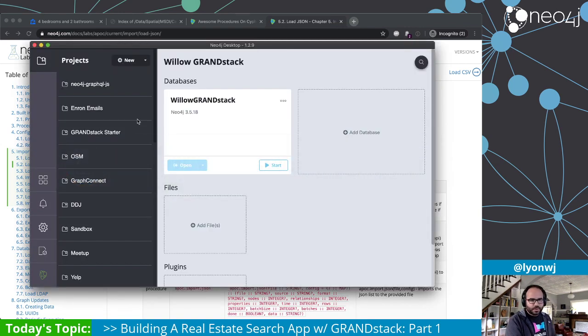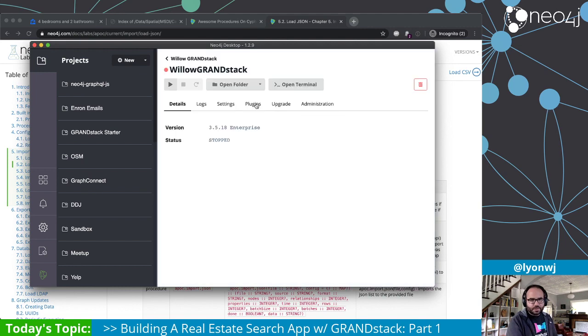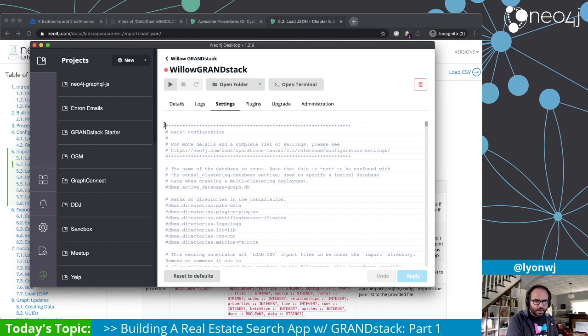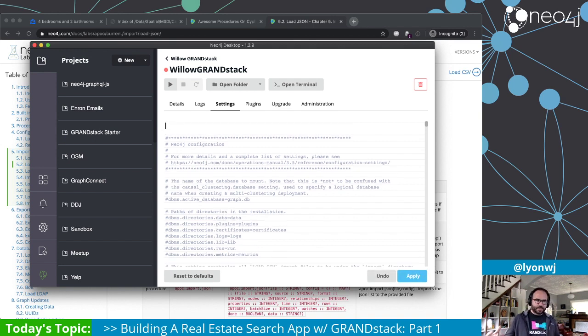Cool, so I'm going to go in here to manage plugins and install APOC. So that will install the APOC library into this Willow GRANDstack database that I just created in Desktop. And then because I want to load a file locally, I want APOC to be able to access files in my file system. I need to add APOC